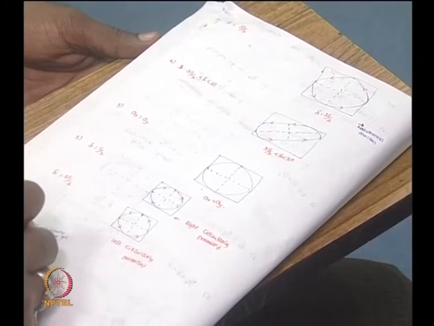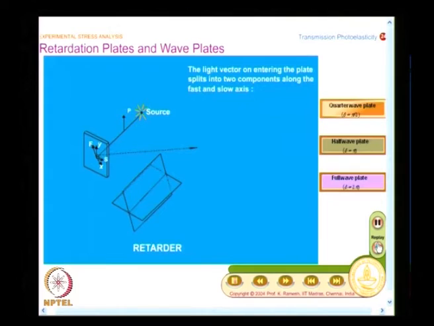Suppose I take a crystal plate, that we will see now. I will just take a crystal plate, and you have to observe it very carefully. We will do this 2-3 times. So, what I have here is, you keep your notebook horizontal and draw this sketch, and we will see part by part and then explain. And what we are going to discuss is retardation plates and wave plates.